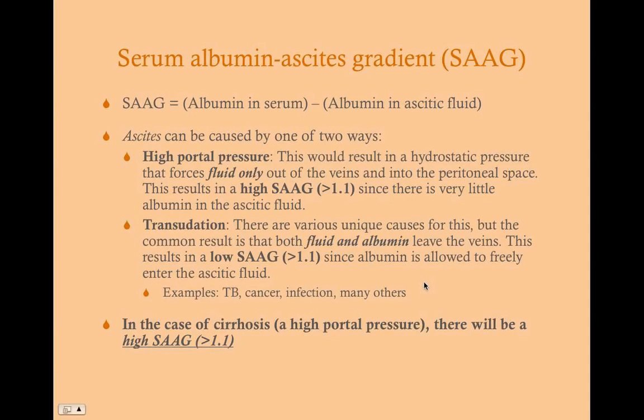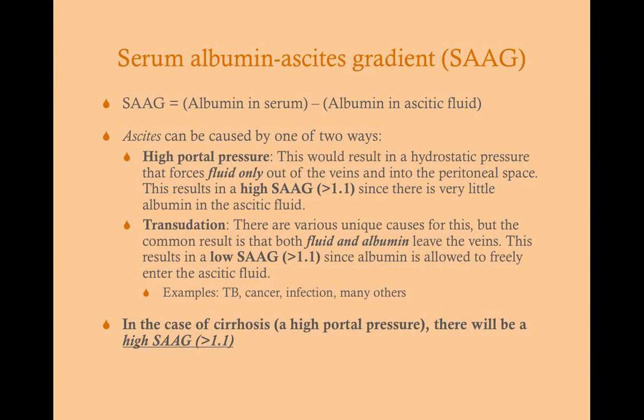So when a patient has ascites, we want to know where it comes from. There's two different ways you can get ascites. You can get ascites from portal hypertension, which is what we've been talking about, but you can also get ascites from things like cancer and infections and tuberculosis. And so the way you can think about this is an exudate versus a transudate. It's an effusion. Just like you can get a pleural effusion, those can be caused by two different things. You can think of this as a peritoneal effusion.